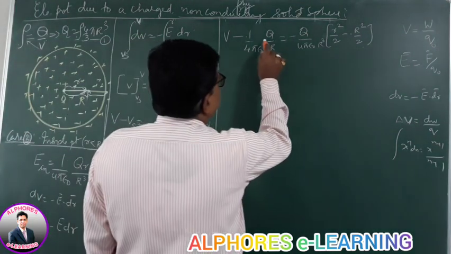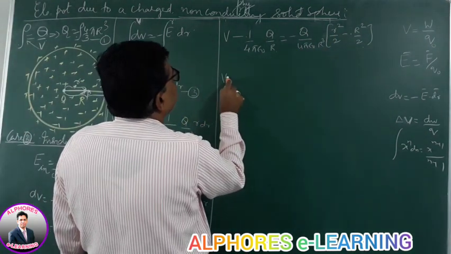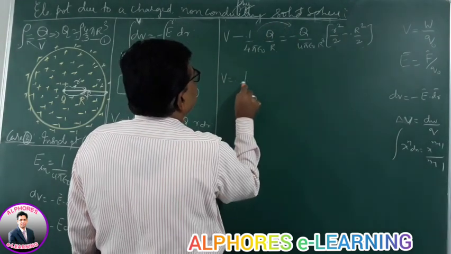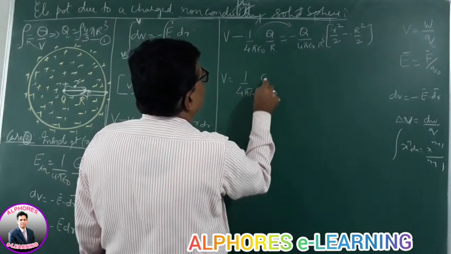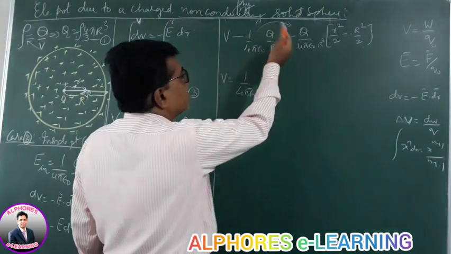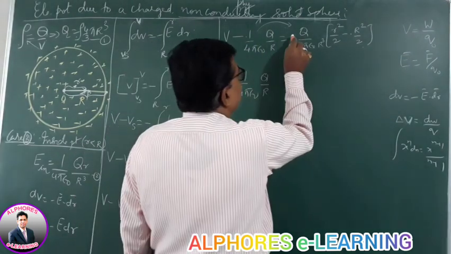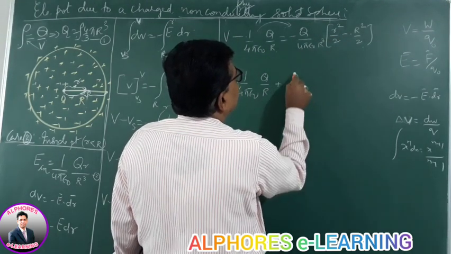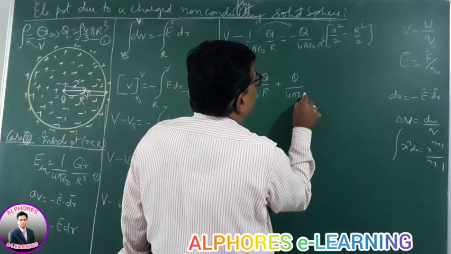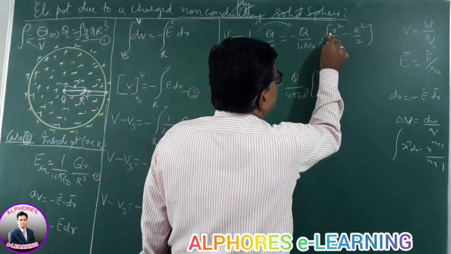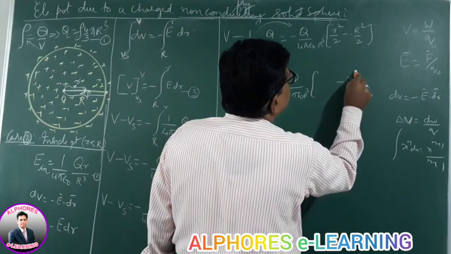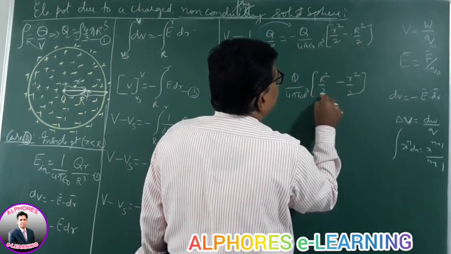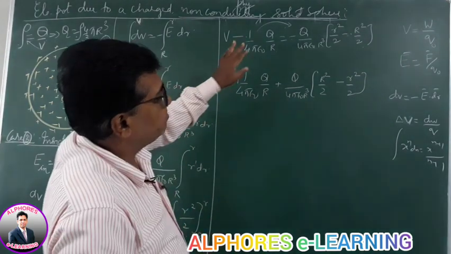Now taking this minus inside, so V is equal to, well, this minus term also if I take it that side, it's 1 by 4 pi epsilon naught q by r. When minus goes that side, it is plus. Well, I am multiplying minus inside there, so it's plus q by 4 pi epsilon naught r cube, minus into plus, this becomes minus, so it's minus r square by 2. Minus or minus, this is r square by 2. So please be careful here.